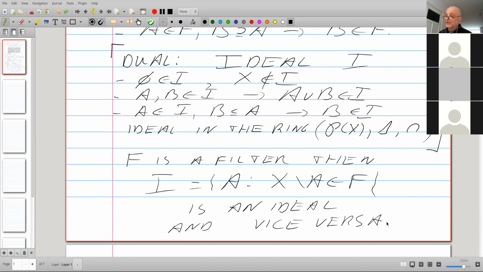And if you have an ideal, you can create a filter by looking at the complements of your members.